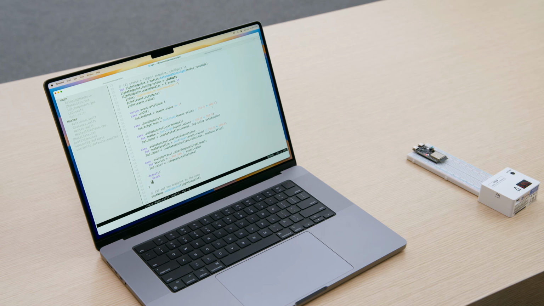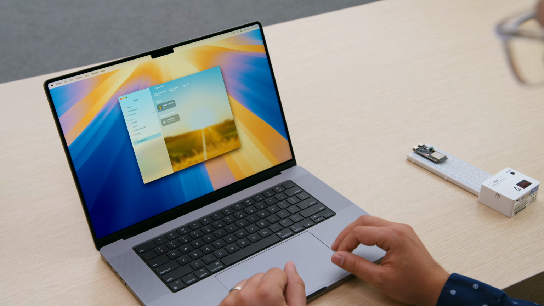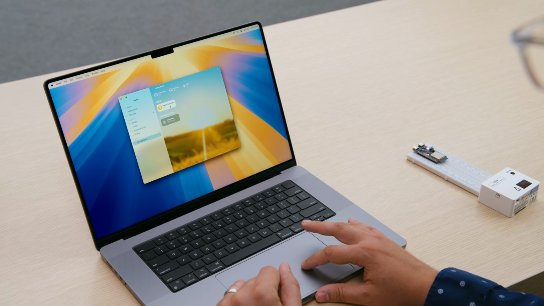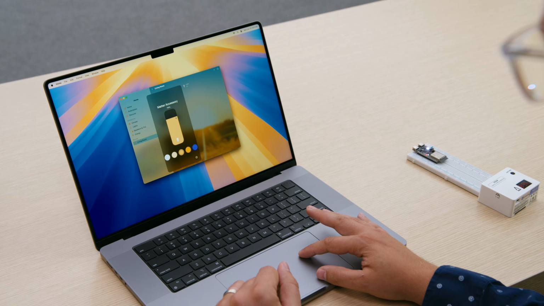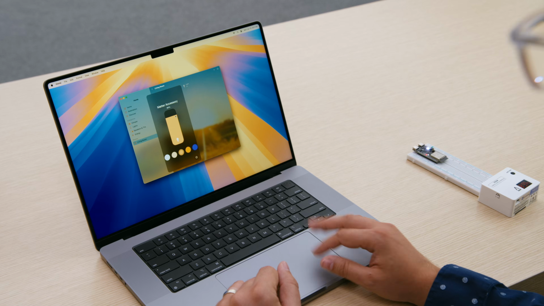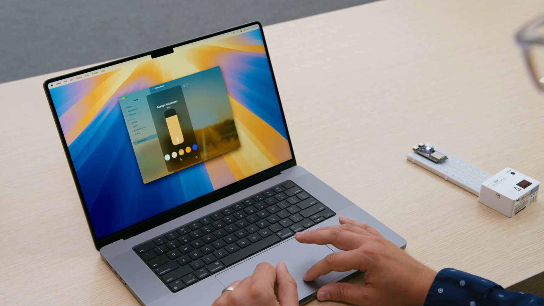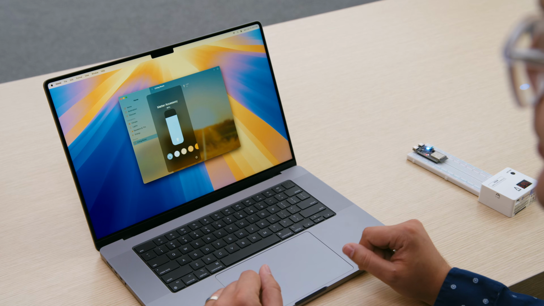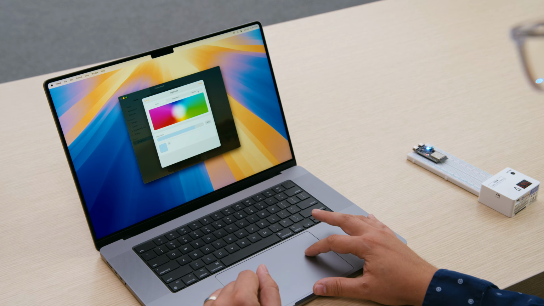Now that the device has started, I can unplug the USB cable and use the battery to power it. And we can control this device wirelessly from the Home app. Let's turn the light on and off. Let's see if we can change the brightness. Or choose a different color temperature. Or perhaps customize the color completely. Let's try a few different ones.